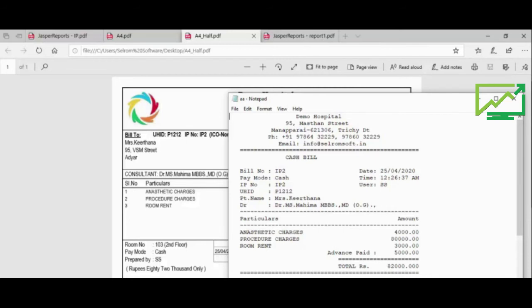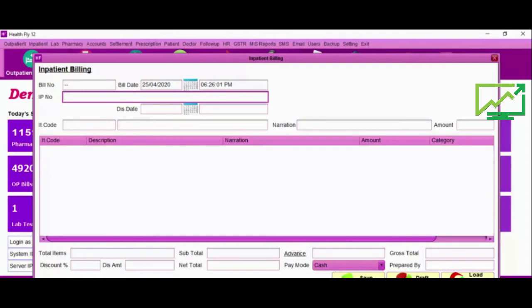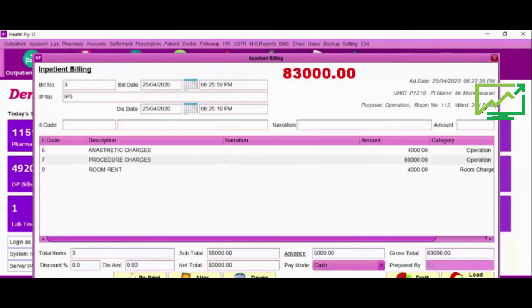As I said earlier, we do any customization, not only in billing, but in prescription sheet, admission sheet, and lab report, in all the modules. We have given bill alter and delete option under the administrator control. Draft and load option also.